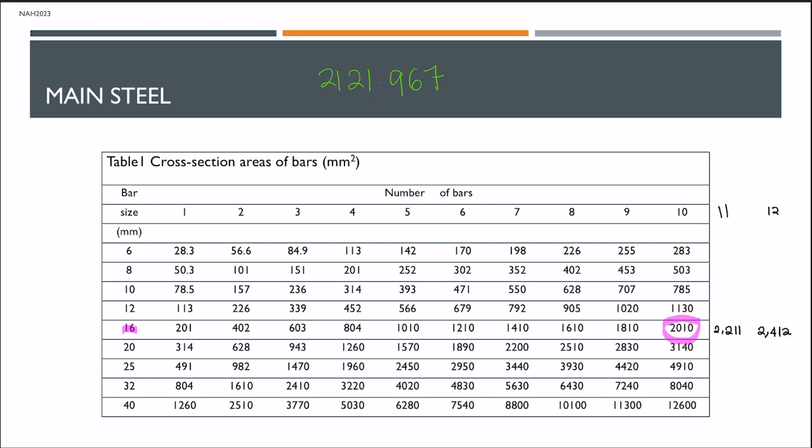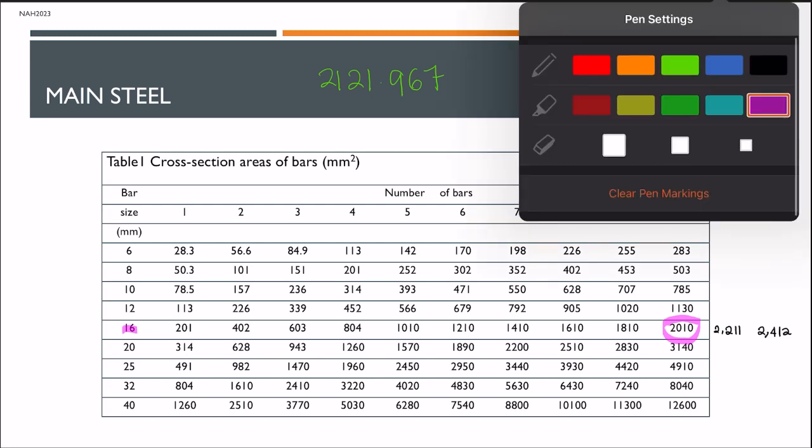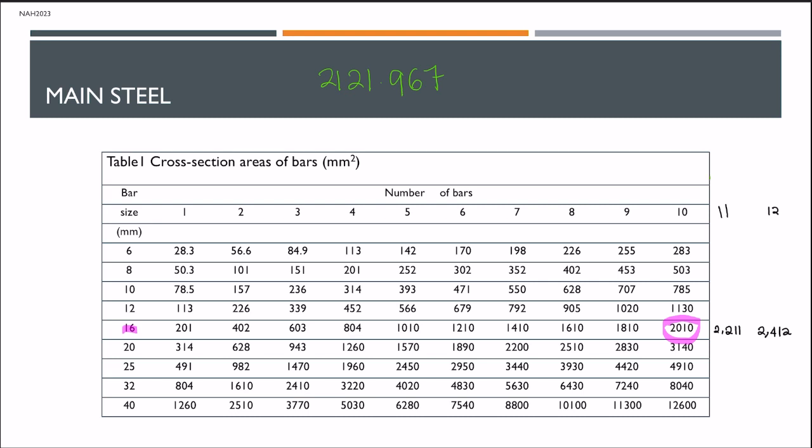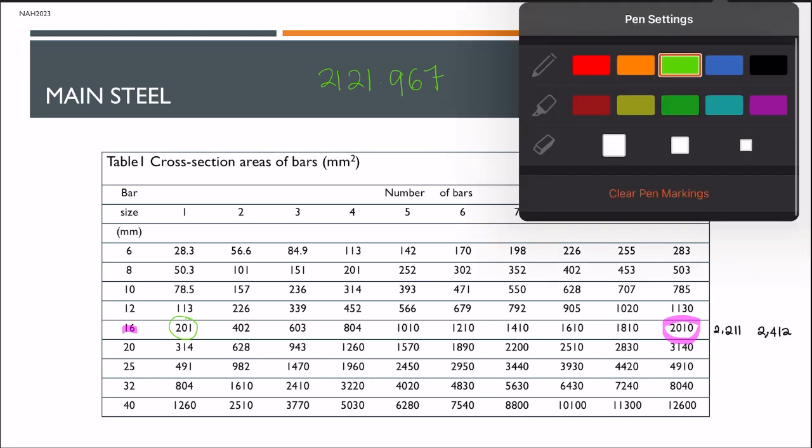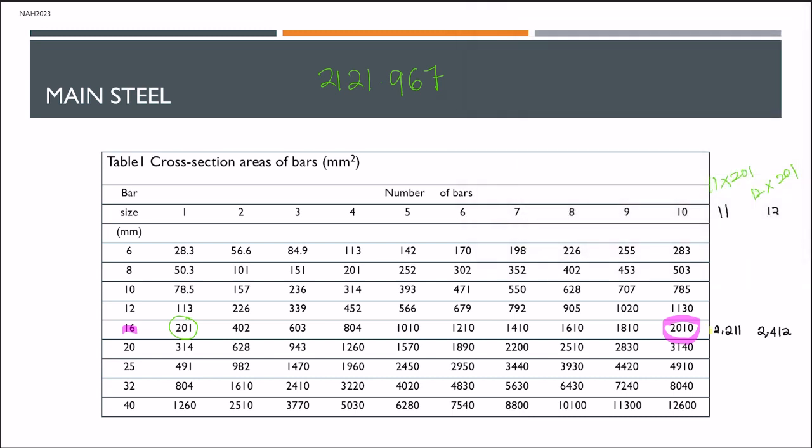2121. Okay, so what we can do is calculate manually, which means we calculate 11 multiplied by the area of one bar. How much is one bar? 201. For 12, multiply by 201. Because one bar is 201, for 11 bars multiply by 11, for 12 bars multiply by 12. Right, so when I calculate, as I said, we can use either of these two. Okay, this is the nearest, but I'm going to select